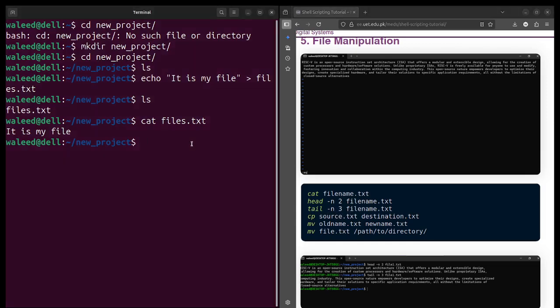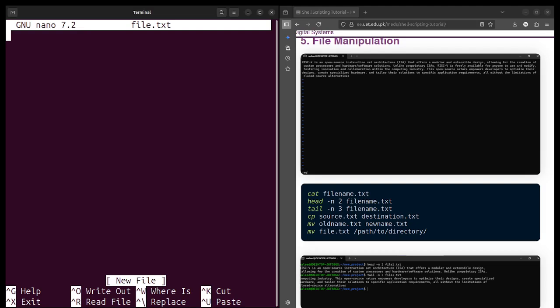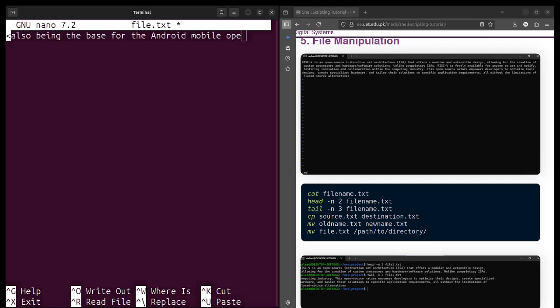For example, let's make a file, file.txt, and I have pasted a paragraph from online.